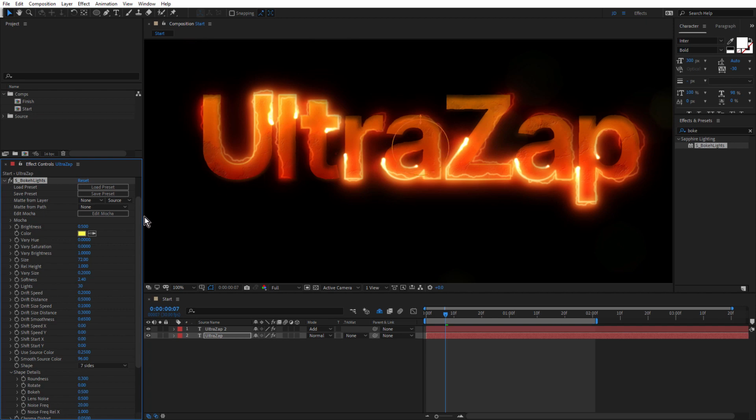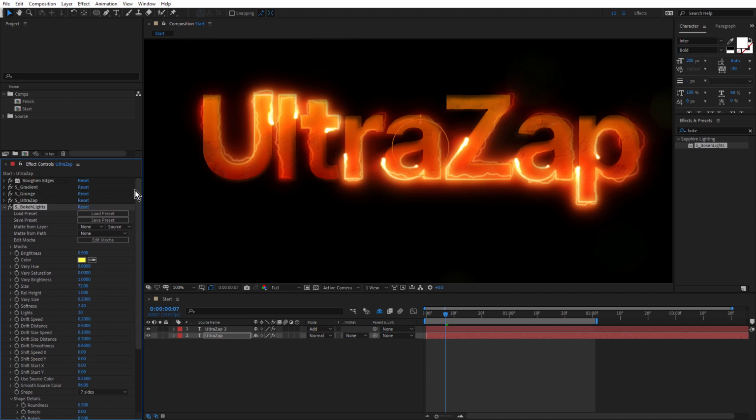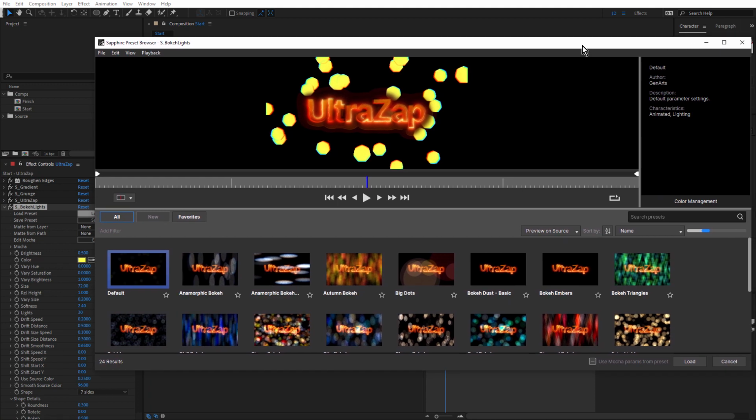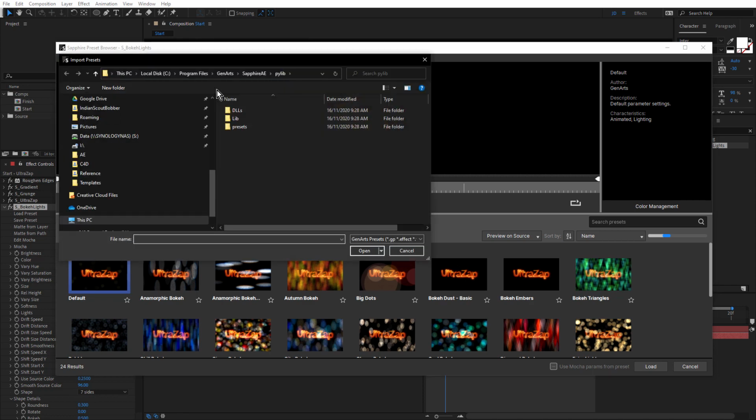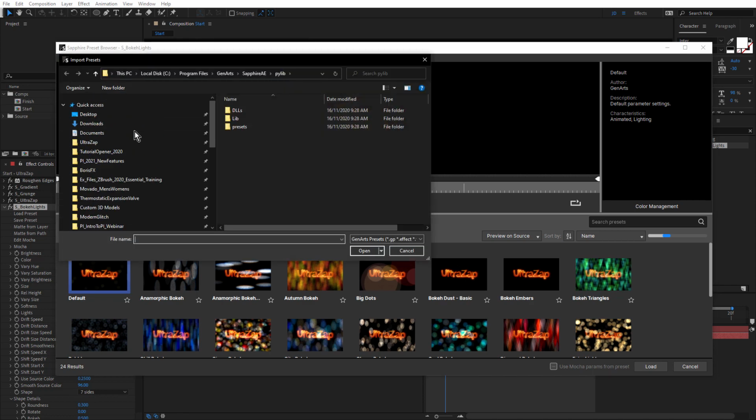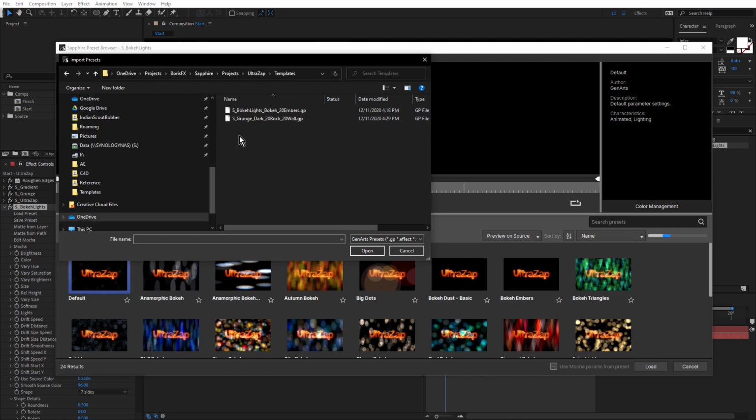Once again, I've made a preset for this one, and if I click on Load Preset, now I've already loaded the preset, but you can come up to the File menu and choose Import Preset. Just navigate to the Templates folder, and it's this one here, S Bokeh Lights, Bokeh Embers. Now keep in mind that this is a Sapphire 2021 preset. If you're using a previous version, it's not going to work for you.